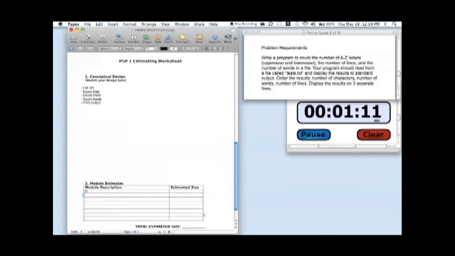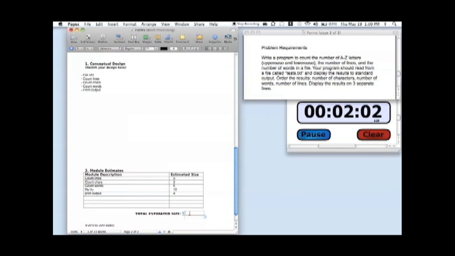So we're going to estimate for each of these modules, and for counting the number of lines, we're going to say that's probably going to take about 3 lines of code. And then to count the characters, that's probably going to take a little bit more, maybe 5 lines of code. And to count the number of words, that's going to take us about 5 lines of code as well. And then for the file I/O, that's probably going to take us a little bit more, maybe 10 lines of code for all the try and catch lines. And then to print the output is going to take us about 3 lines of code, 1 for each separate answer. So that totals to